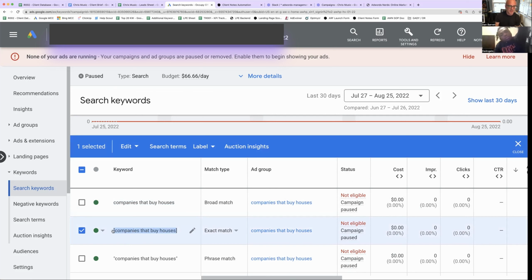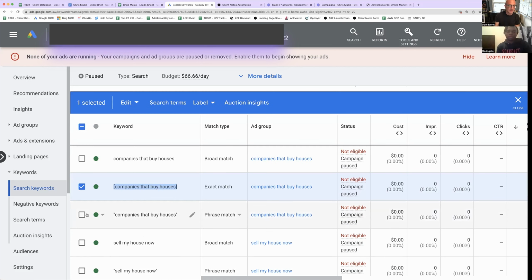All right. Now, oppositely, down here, we've got companies that buy houses, same words, but here it's in a bracket. You see these two brackets on the end. That makes that an exact match keyword. And an exact match keyword basically says, only show my ad when they type in this whole thing. So I want to show up when they type in companies that buy houses and nothing else. So exact match keywords are really targeted. They're the most targeted, specific thing you could possibly do, but not that many people type them in exactly the way that you target. And so they're going to have a lot less activity overall.